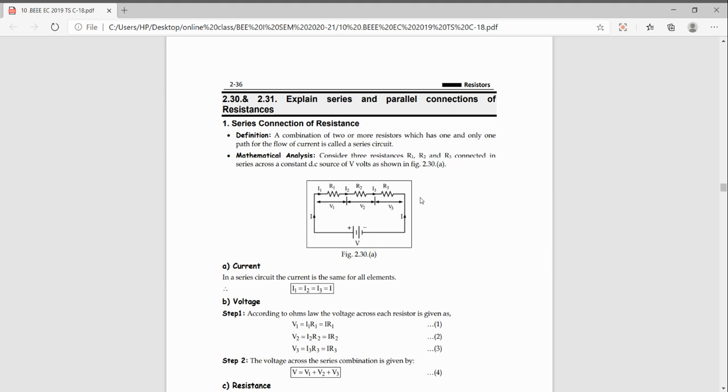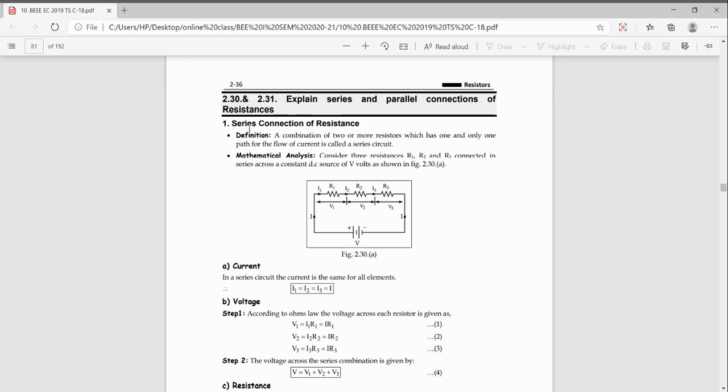Today we will discuss the resistors which are connected in series and parallel. First we will see the resistors which are connected in series. So this is the series connection of resistors,